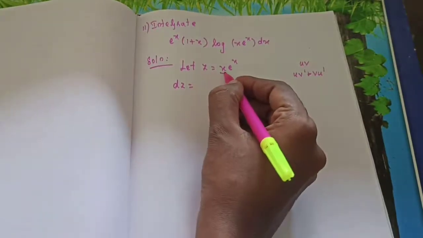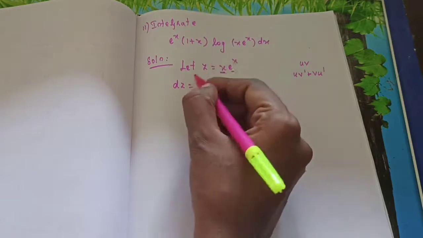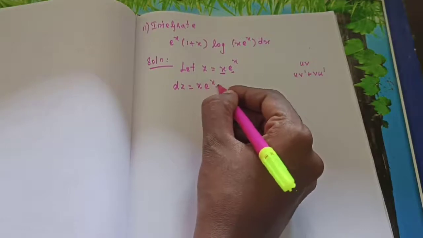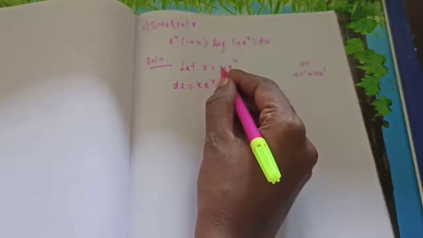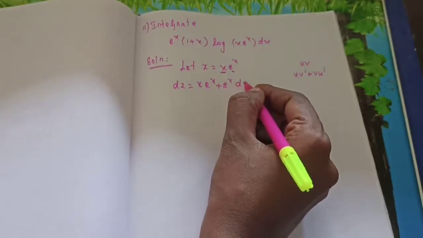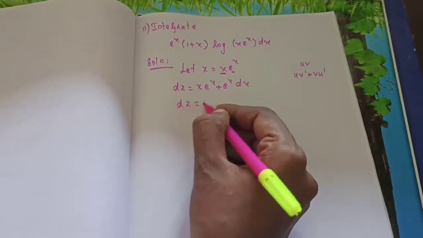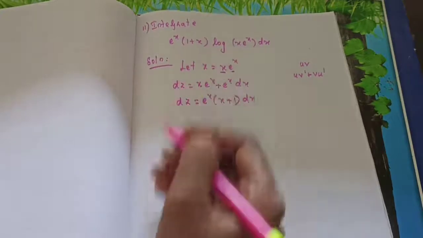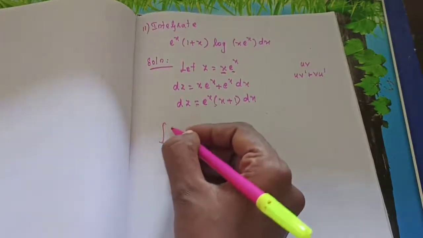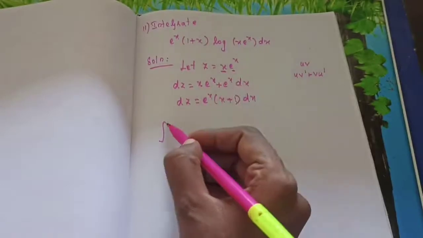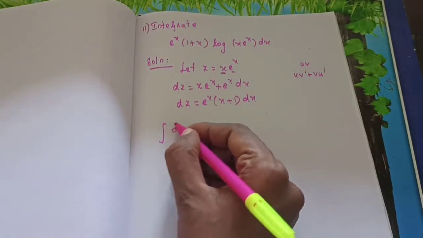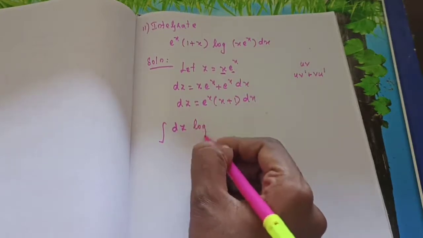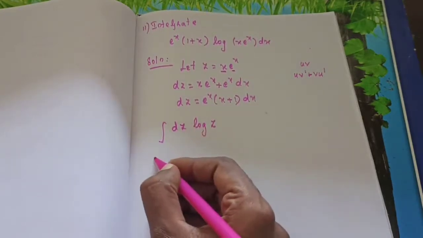So the same procedure we are going to use here. Here it is u value, it is v value. So u into v dash. So x into e power x, the differentiation is e power x, plus e power x into u dash. u dash, the differentiation of x, is 1. So dz is equal to, what is common? e power x is common. So you will get x plus 1 into dx. It will be easy to substitute here. So when you are substituting, e power x into 1 plus x dx, in the place, what can you substitute? dz. So log of z.